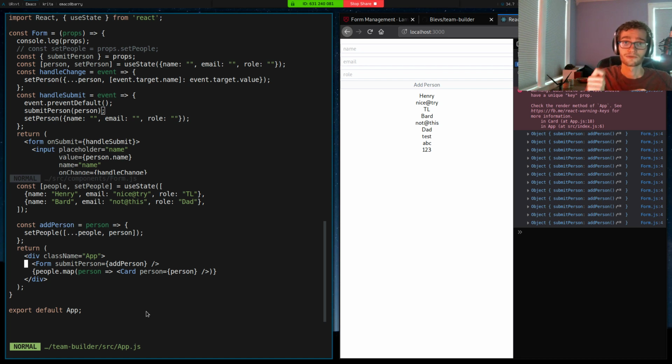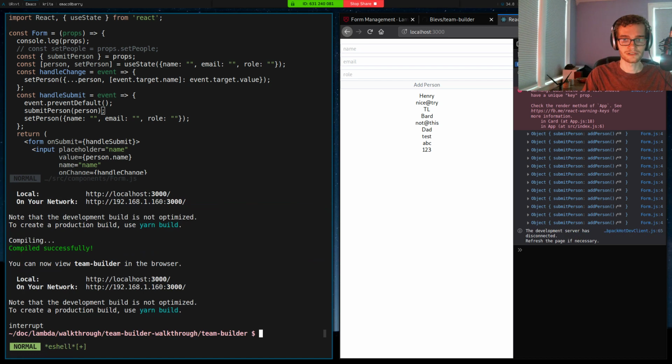But routes offer us another avenue of writing conditional code in React, which is that we can associate code with different URLs. So I'm going to set up 3 pages. One where we can view our cards, one where we can add a person, and one where we can edit a person. And this, in my mind, helps me delineate the responsibilities and build my form component to be reusable, not just for it to have a bunch of conditional logic within it. And I think that offers me a lot of value in the way I'm going to approach this problem in the future. So I'm going to go back to my terminal,